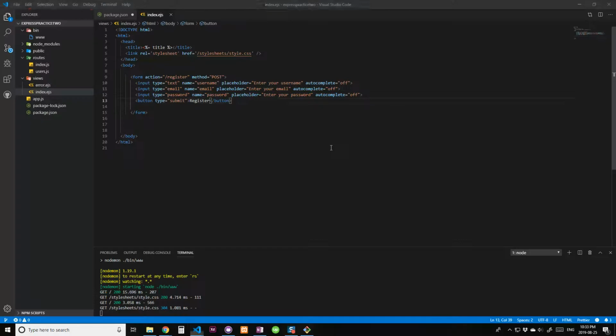There you go. So what we're going to do is we're going to set this up so that you can submit to the database. So the next thing we got to do is we're going to connect to the database. So in order to do that, we got to go here